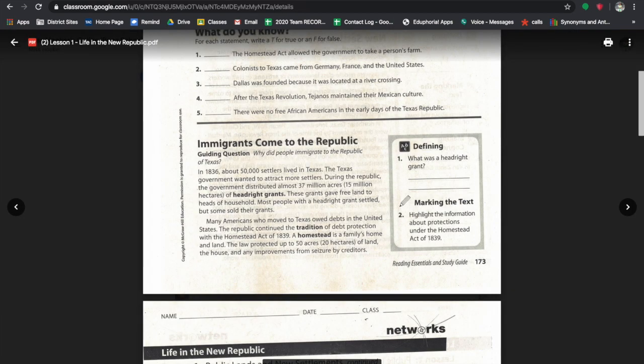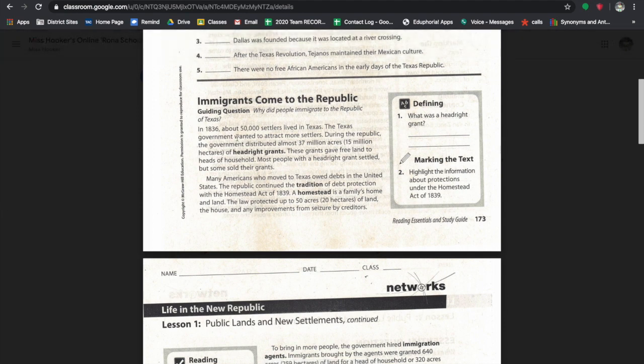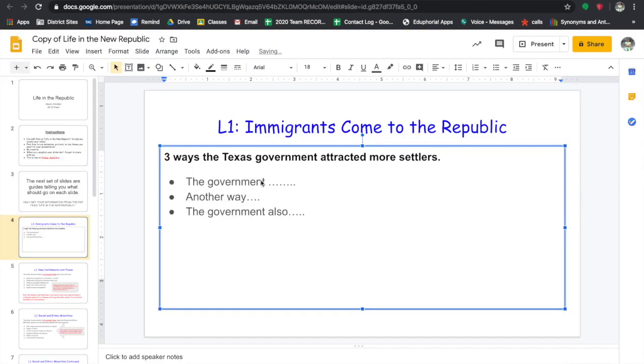So go back to my document. Three ways. So in 1836, they arrived. The government wanted to attract more settlers, blah, blah, blah. Oh, they distributed 37 million acres of headright grants. So I'm going to add that to my PowerPoint. Three ways the Texas government attracted more settlers. They issued